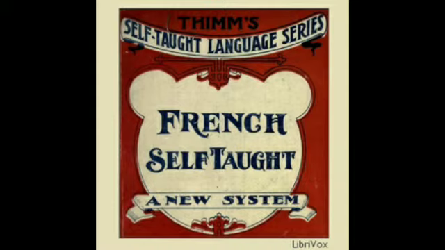12. Fishes and insects. A fish, un poisson, a pike, un brochet, a salmon, un saumon, a carp, une carpe, an eel, une anguille, a trout, une truite, a herring, un hareng, oysters, des huîtres, a crab, un crabe, a crayfish, une écrevisse, a turtle, une tortue, a whale, une baleine, a